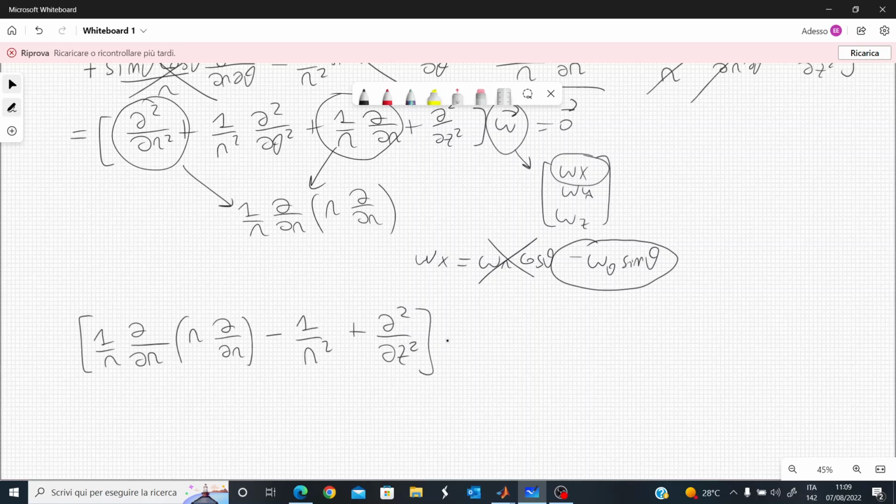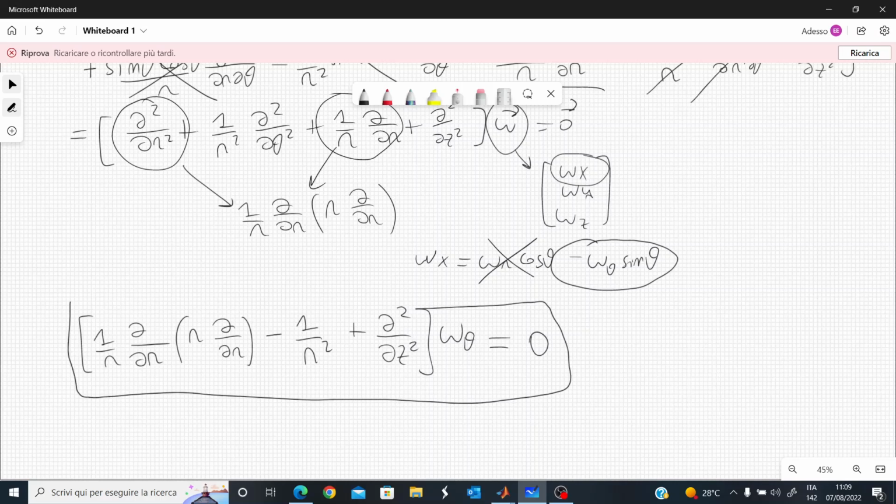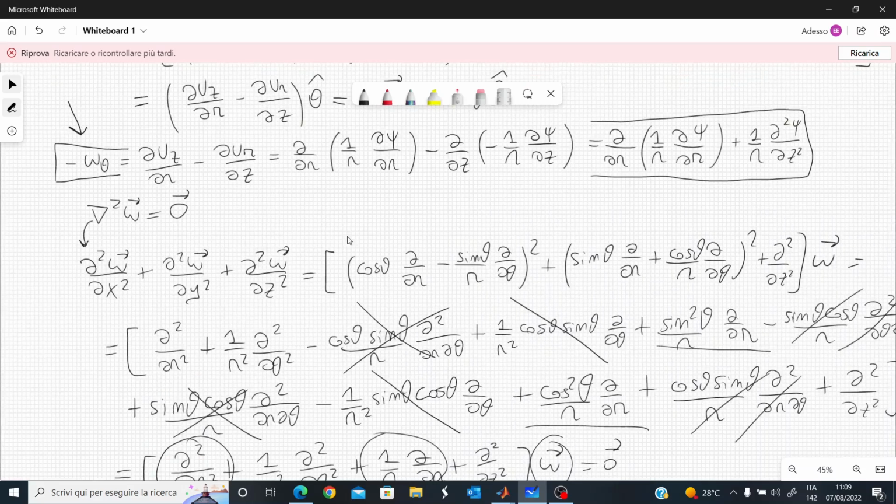and this acts on omega theta without the sine, right? Because this operator will not act on the sine. The only operator that acts on the sine, which is this one, we rewrote in this manner, and in this case this is just a scalar which will not act on the sine. So this will give rise to this equation equal to 0. This is another important equation. So this one together with this one